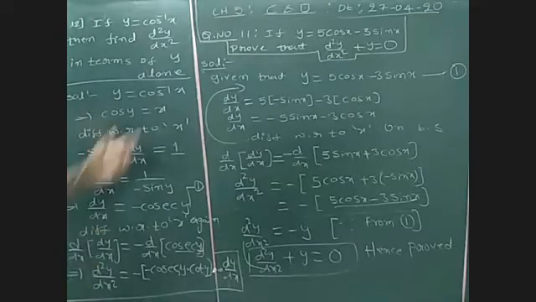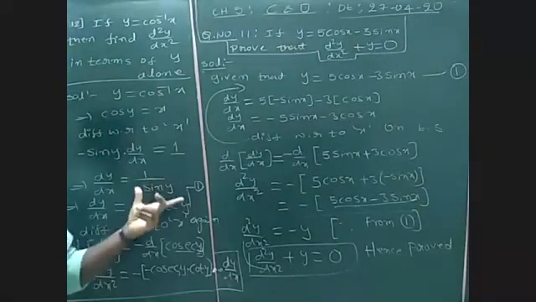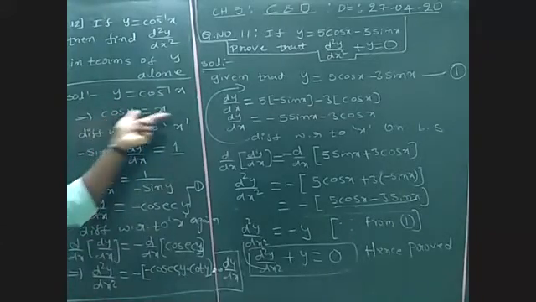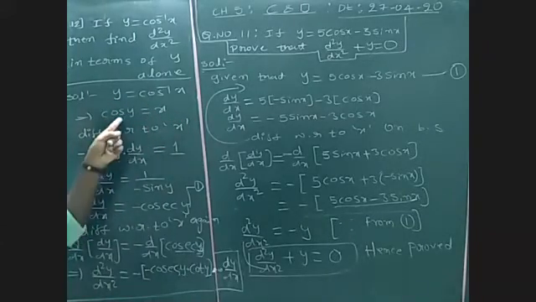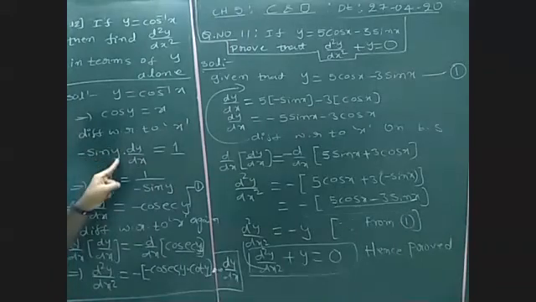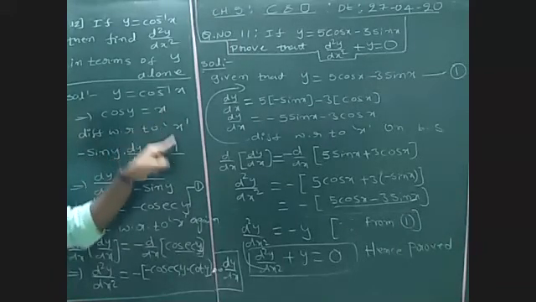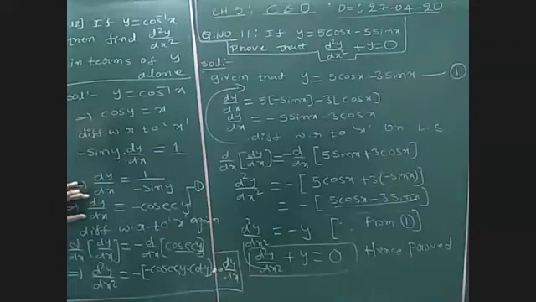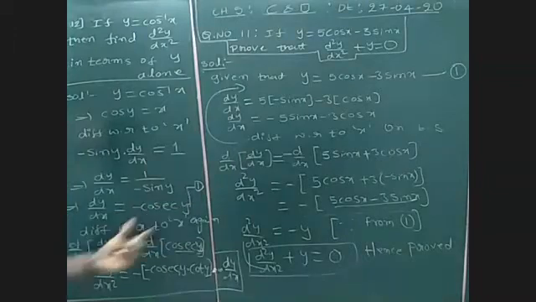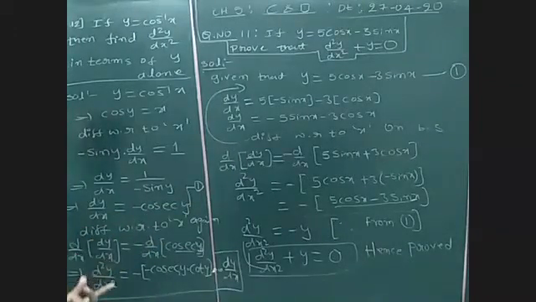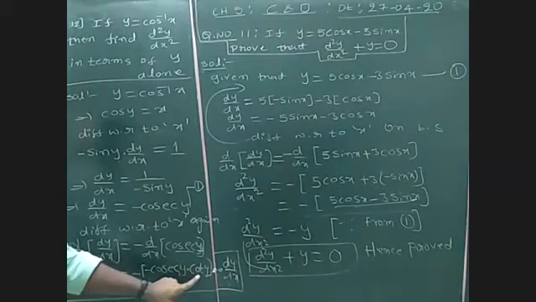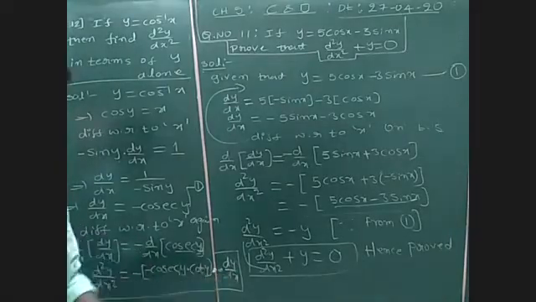So if we differentiate directly, we will get the answer, but it is very difficult. So take cos inverse to the left side and cos y is equal to x. Differentiate with respect to x: derivative of cos y is minus sin y, again the y derivative dy by dx, the x derivative is 1. Already we know this. So finally we got dy by dx, let us say this is equation 1. Again we can differentiate. So we get d square y by dx square is equal to minus, and the derivative of cosecant y is minus cosecant y cos y, again the y derivative is dy by dx, right?